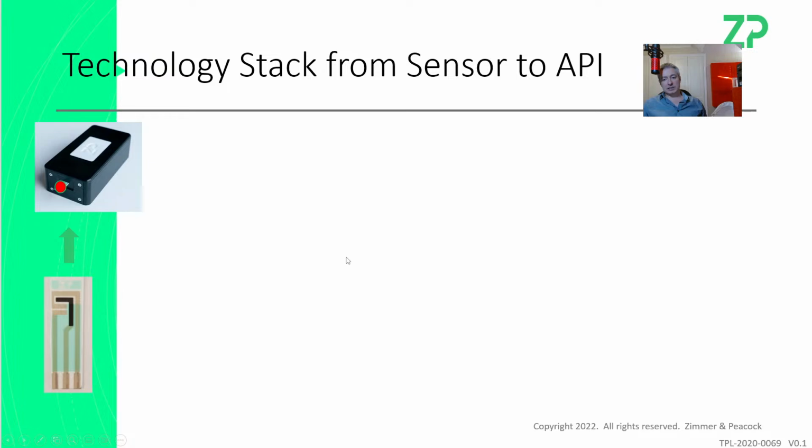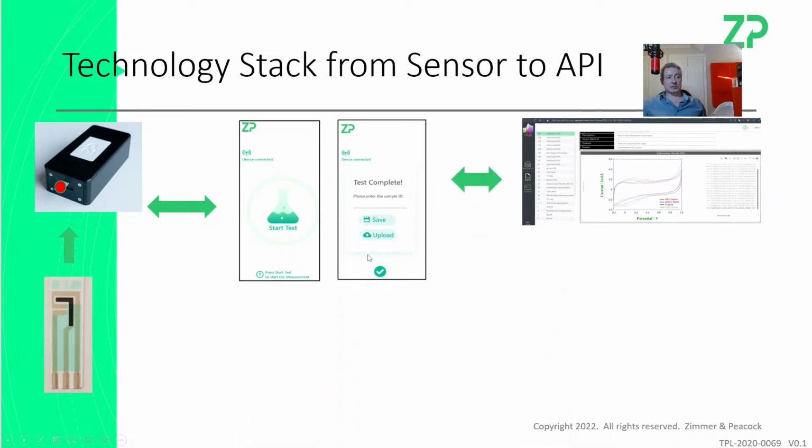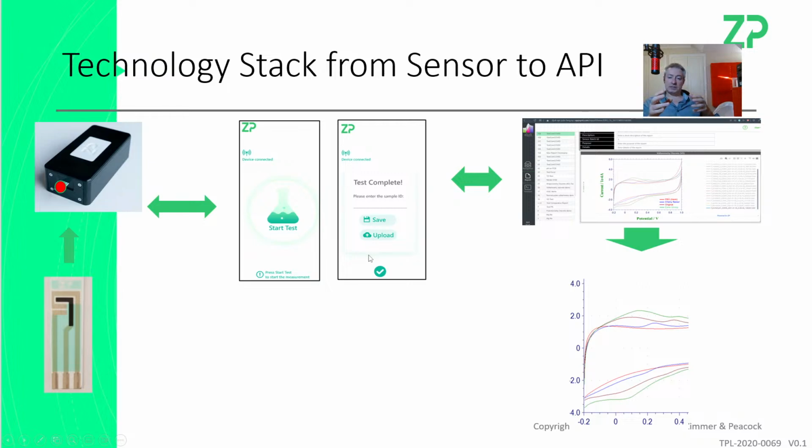We do have that stack of technologies where if somebody has a urine sensor and they have one of our Sense It All platforms, for example, we can send that data to the cloud. And this is important because if you're going to test alcohol in urine, you can test that on pre-existing equipment, and test it on the sensor from Zimmer Peacock, and then work out the calibration factor. Because